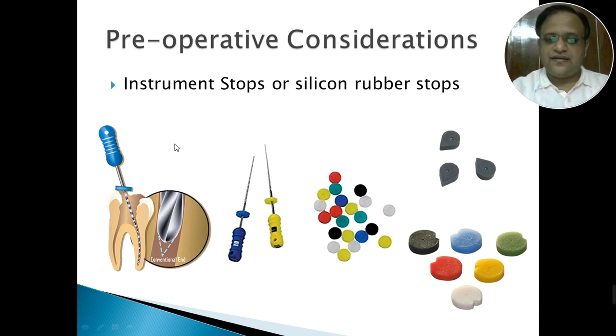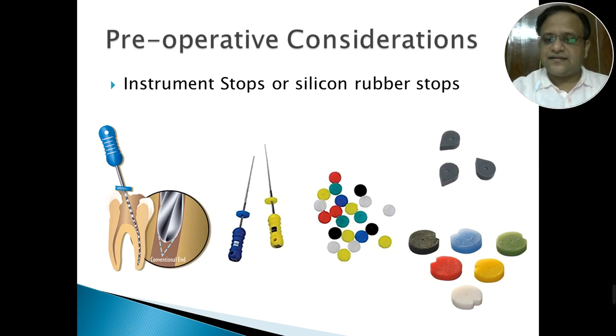Accordingly, when you have estimated the working length and you want to go into the canal, always make sure it is slightly short of the actual radiographic apex that you have estimated. These silicone stops are either tear shaped, or they have certain cuts in them, or they can be marked. Why are these shapes given? Actually, silicone stops need not be removed. They can be sterilized along with the files.